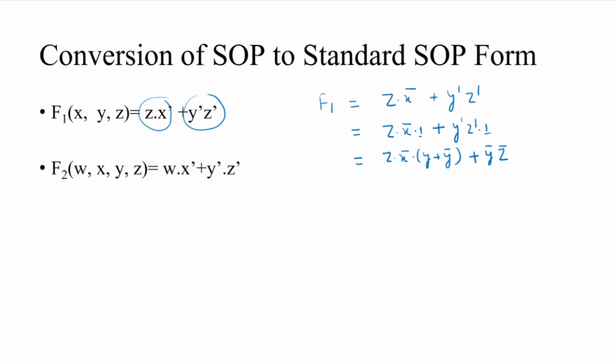These are also the notation of complement, so that is also written here as y complement z complement. And here, when we simply see in this minterm, the variable x is absent. This means this particular term is represented by x plus x complement, because when we add any variable with its complement, its result is 1.